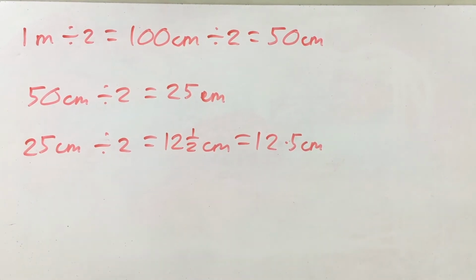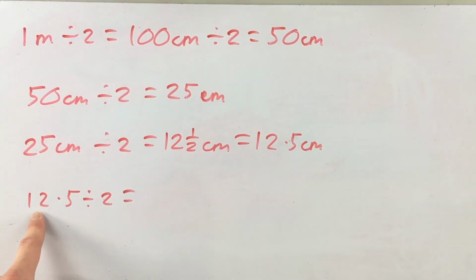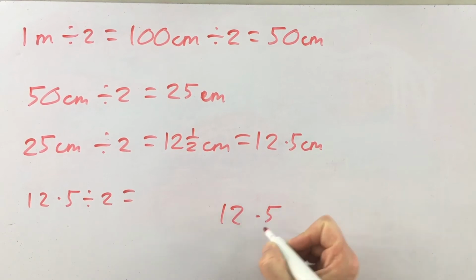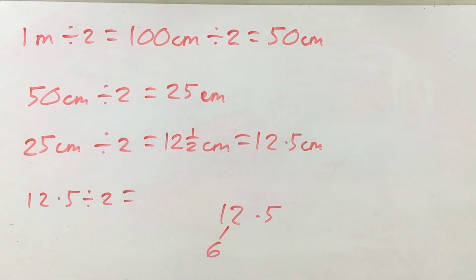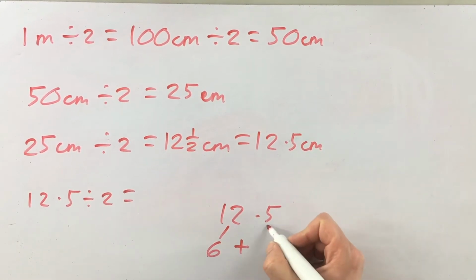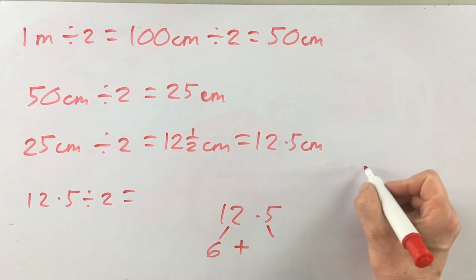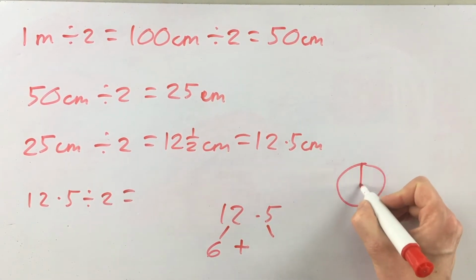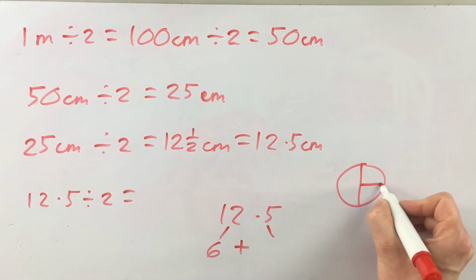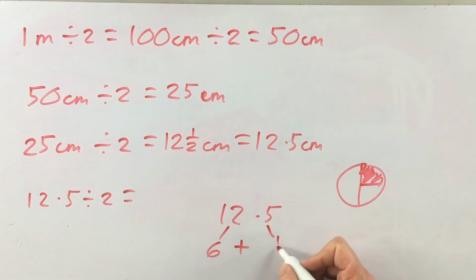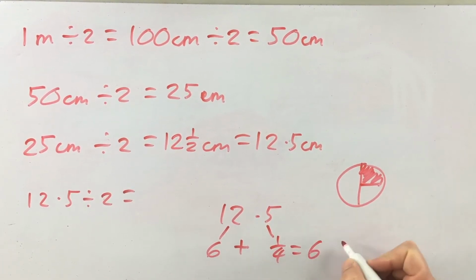Now we're going to halve 12.5. Half of 12 is 6. You could use a diagram for this one, if it helps. Half of 12 is 6. Half of 0.5 is basically half of a half. If I draw a diagram for you, there's half, and half of a half is a quarter. The answer is 6¼